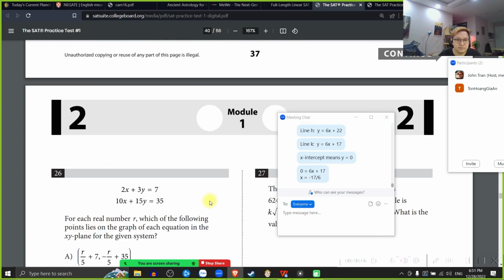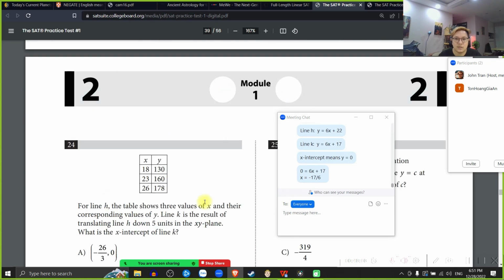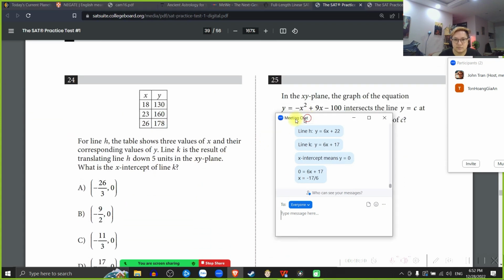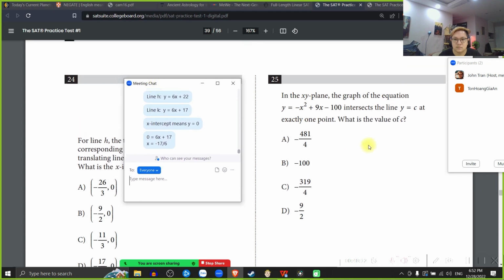Okay, let's try 25 now. Okay, in the XY plane, read it, please. In the XY plane, the graph of the equation y equal to minus x squared plus 9x minus 100